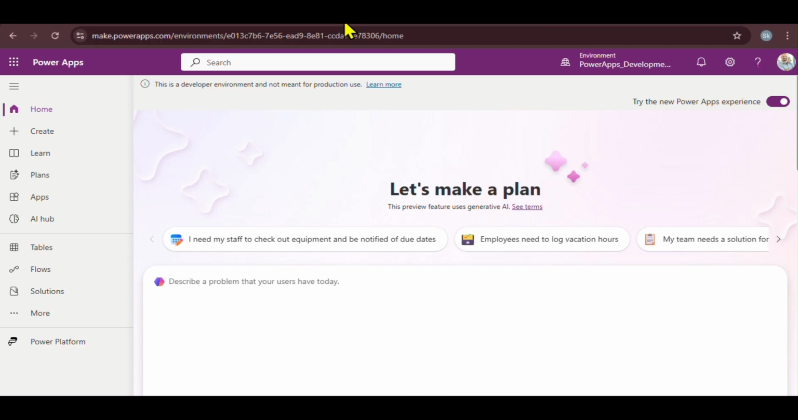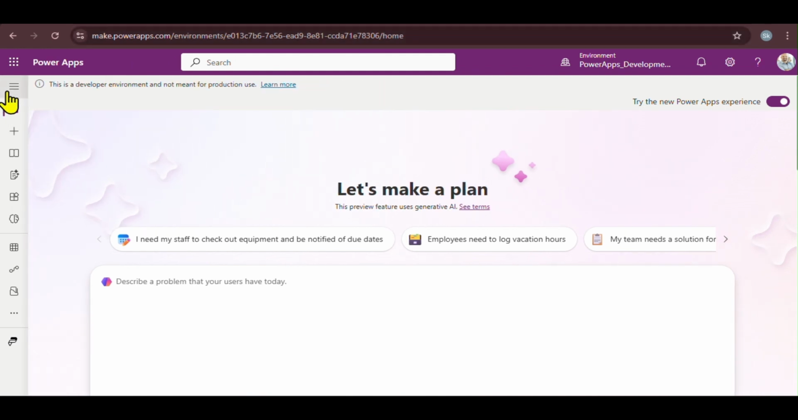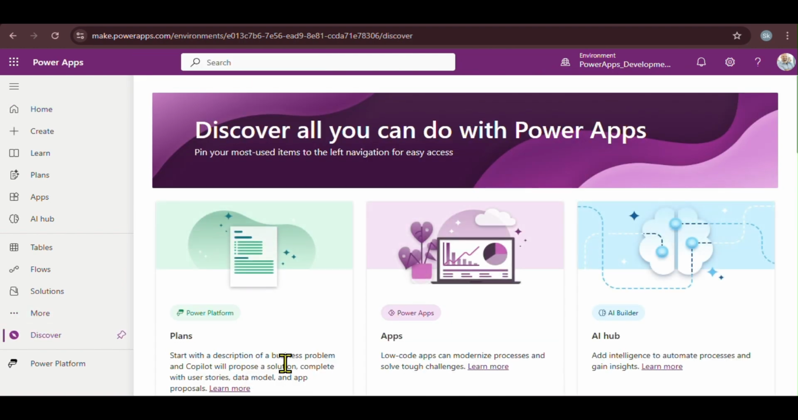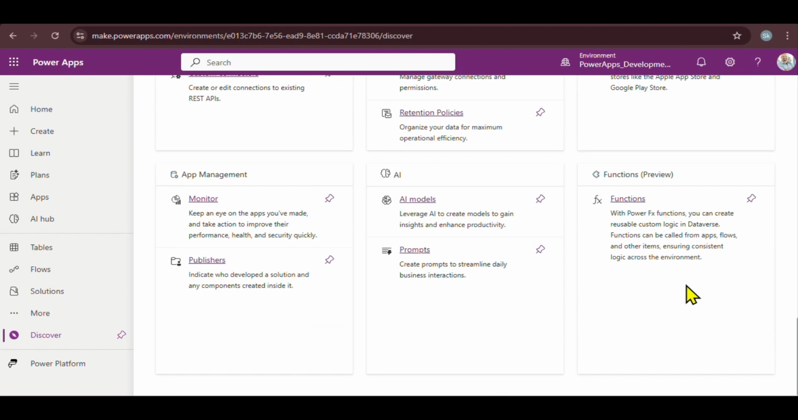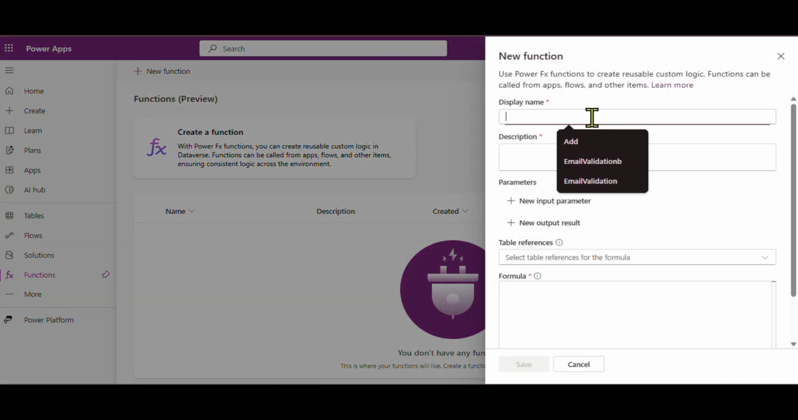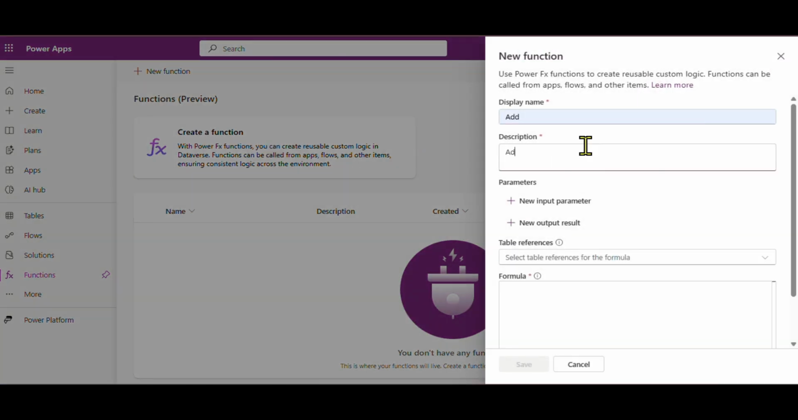Now let's switch to demo. Go to make.powerapps.com and then go to the left navigation panel, expand it, go to more, and then discover all. If you scroll down a bit, you can see a functions card here. You can see this feature only if Dataverse is enabled for this environment. Once you're here, click on create function, give it a name, addition,